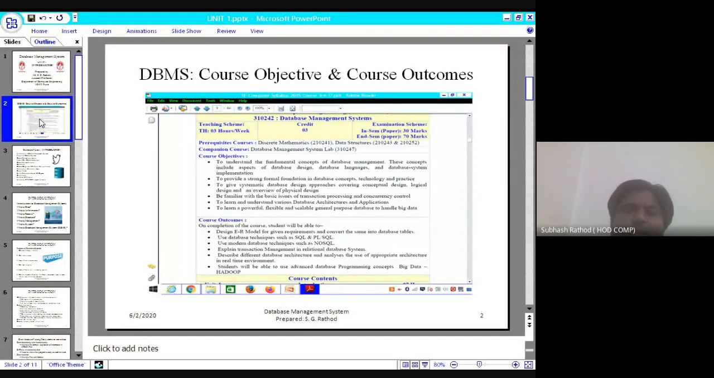To learn this subject, I will clear one thing here. What is a course? A course is nothing but the subject. Like DBMS, you may have the course TOC, you may have other courses. Course means a subject. So for this course, database management system, what is the course objective? From the university structure, you can see here